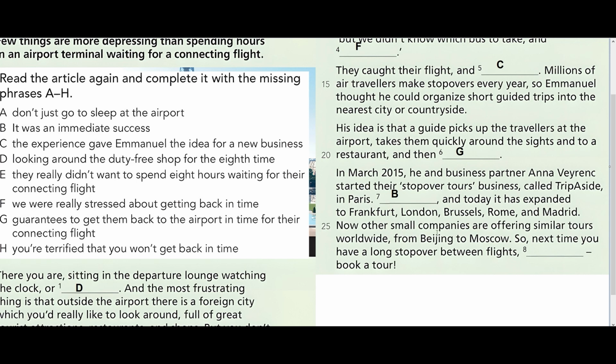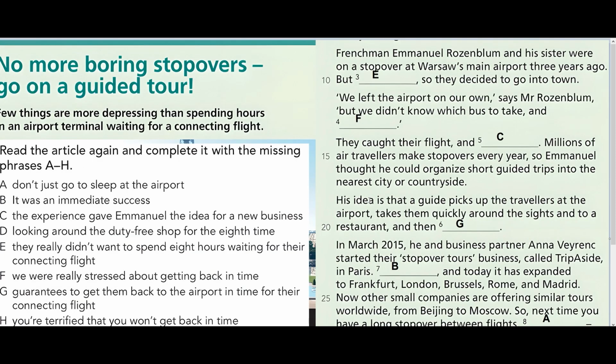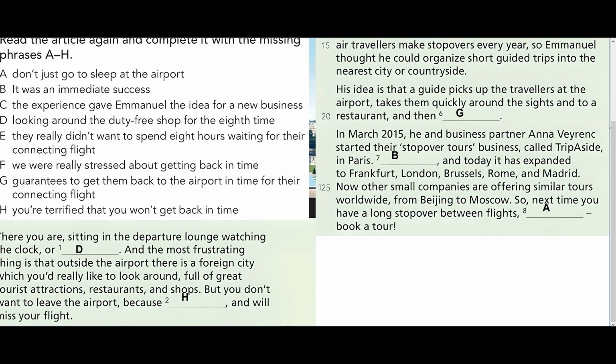Now other small companies are offering similar tours worldwide, from Beijing to Moscow. So next time you have a long stopover between flights, book a tour. So the last one: don't just go to sleep at the airport, book a tour. I think 8's here. So I hope it is helpful for you.